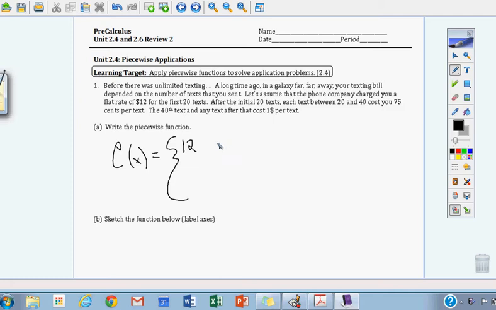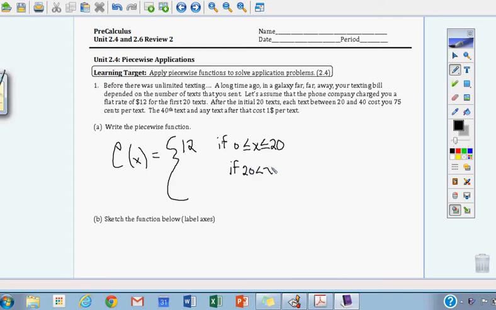texts. So if we have, and I'm going to say zero's included in that because you're probably paying a package that includes if you don't send any text. So $12 for the first 20 texts would be that right there, including that value. So then the price changes after the initial 20 texts. So now if